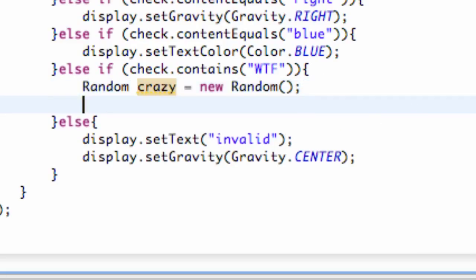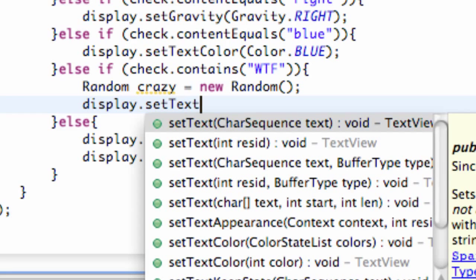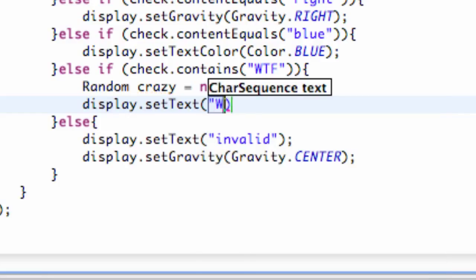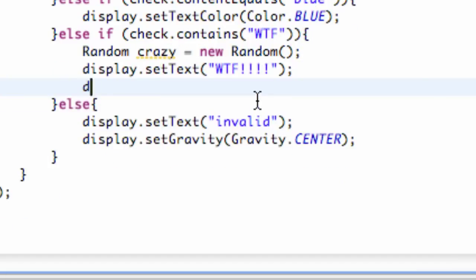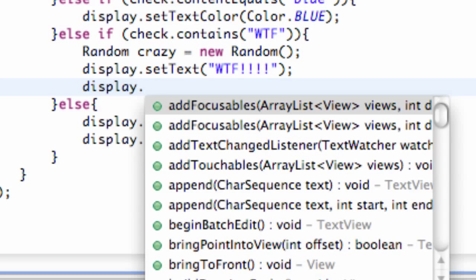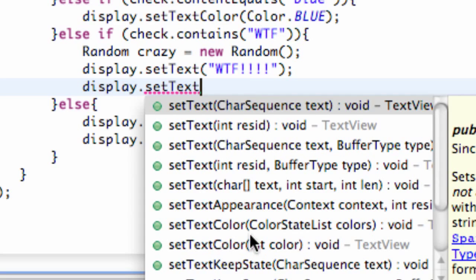So now what we're going to do is define some methods within this WTF, where's the fridge. Again, we're just going to set the text to WTF, something like that. Next thing we want to do is maybe change the text size. So again, we can just say display dot set text size,